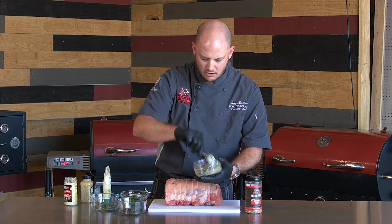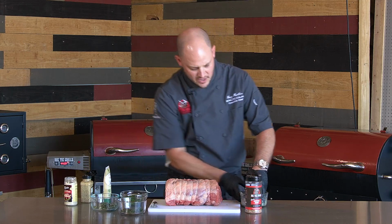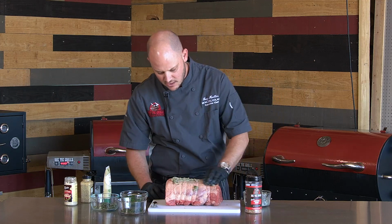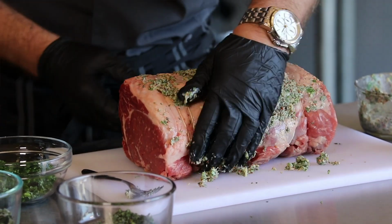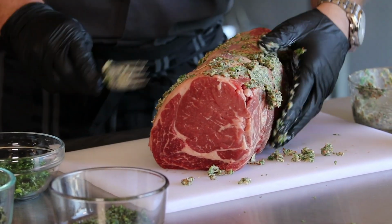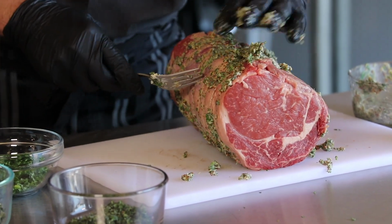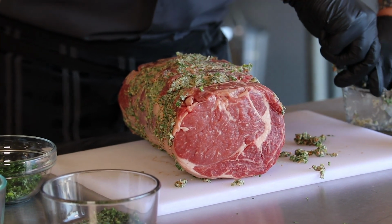And then we're gonna top it all off with the Heffer dust. So I find, get your hand, and I tied this up to make it nice and easy and even. Get all the sides with that rub. And as this bakes, that mustard's gonna tighten up